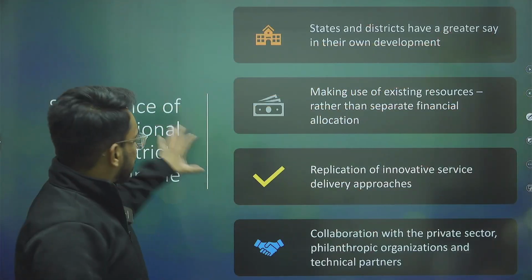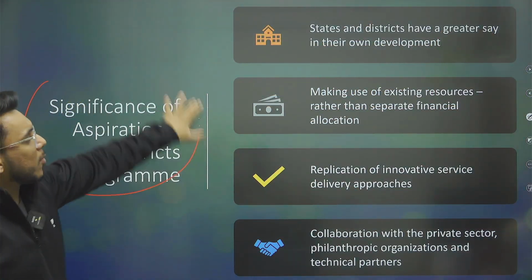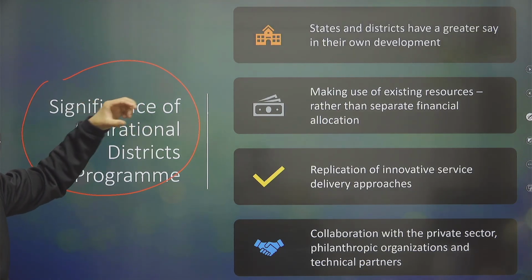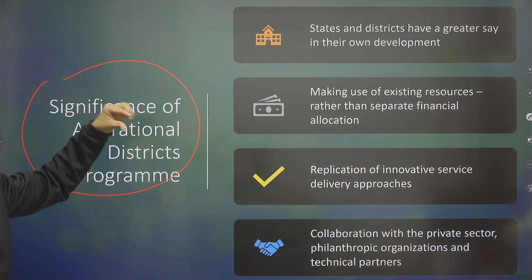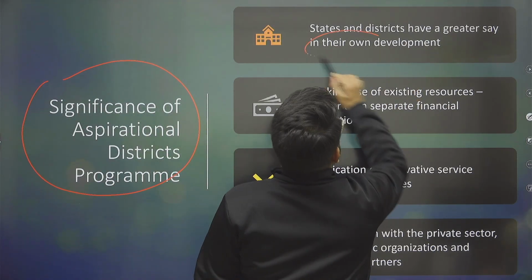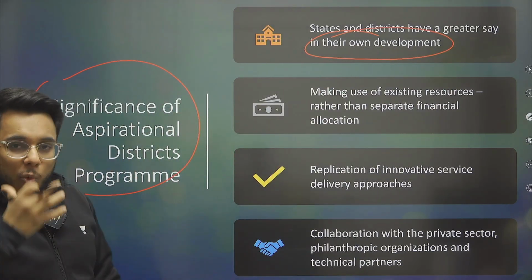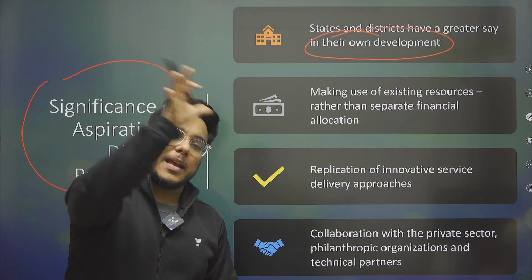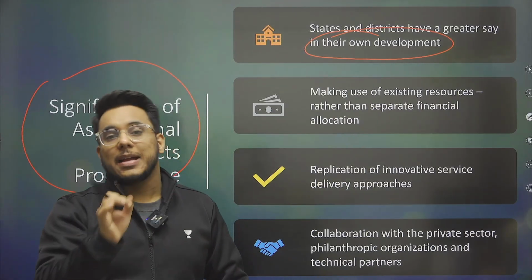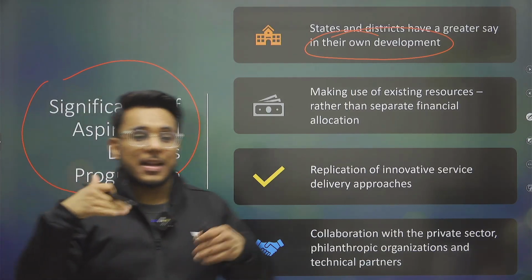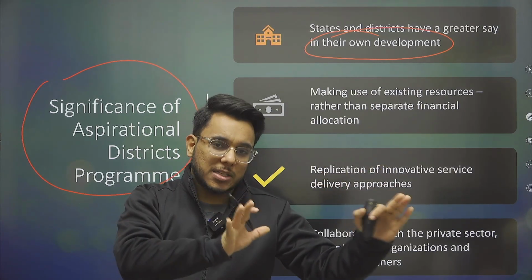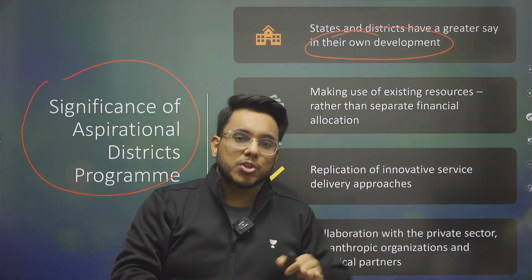Now, as we talk about the aspirational district program, how is it enhancing federalism in India, how is it giving more powers to the state government? Number 1, states and districts have a greater say in their own development. One size fits all is not being imposed on a district. Every district has its own weaknesses. It has its own areas where it can excel. So every district will be given a kind of customized strategy, and they will be given the opportunity to give their